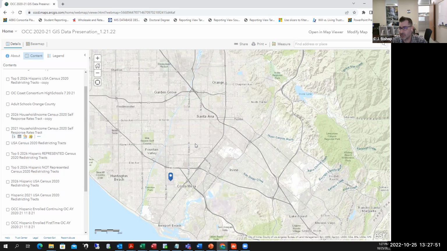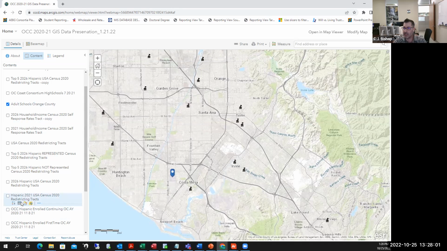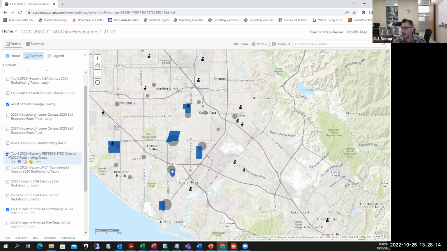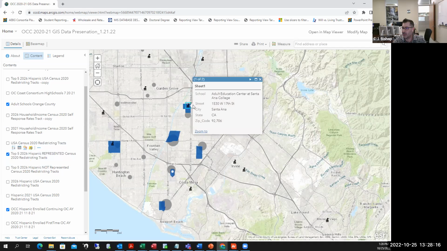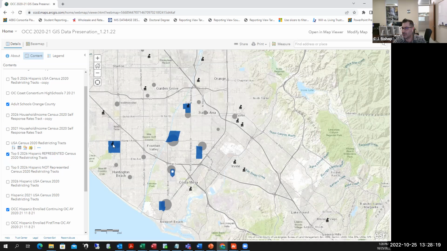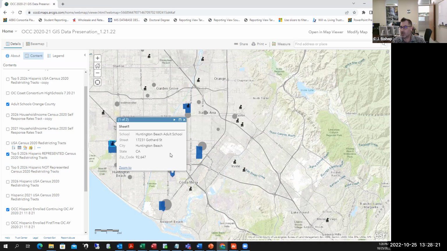One thing that I think is also important as we talk about working with adult schools is understanding really where your communities are and where you can work with those. So we mapped out all the adult schools in the area, and we also looked at where our populations of students are, are they near any of these areas that we can potentially work with, or are there any areas that we could partner with? Like we have the college right there, but we also have one of our partners, Huntington Beach Adult School. This is one of the areas where there is the growing area of representation for